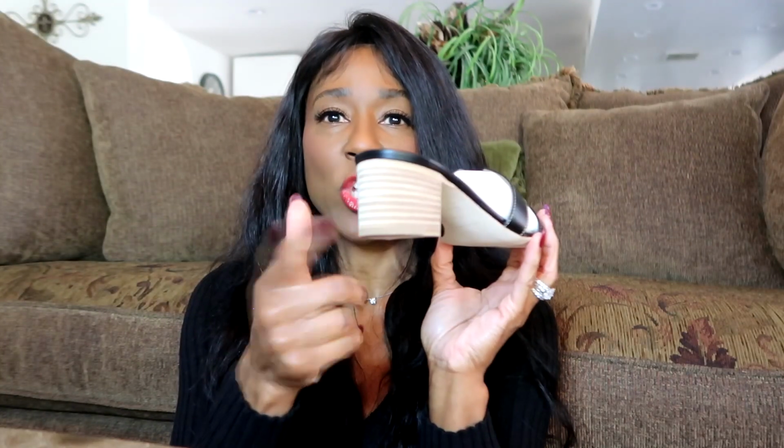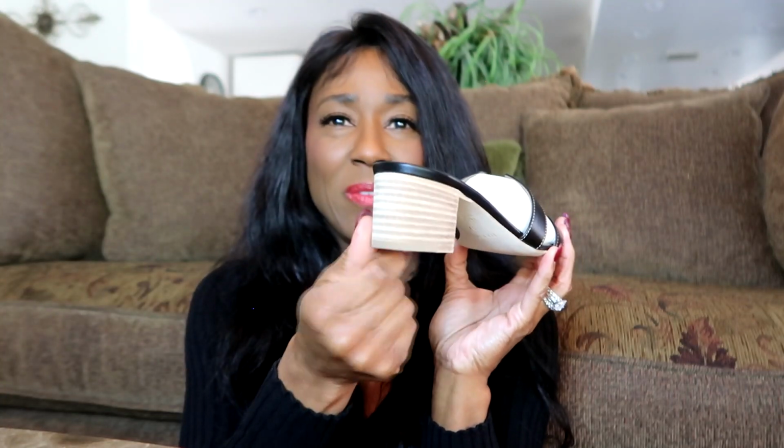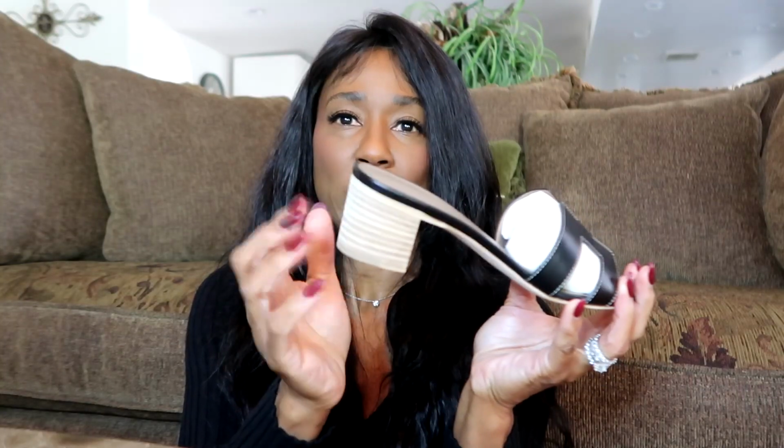I know I'm going to wear these all the time. I don't wear the yellow ones as often, and yellow's more for summer. These I could probably wear up till probably about now. It's now getting a little chilly here where I want my toes covered, but I wanted these. They did change. This used to be black, and now it's this natural heel. So yeah, I got the black sandals, and then there is a belt